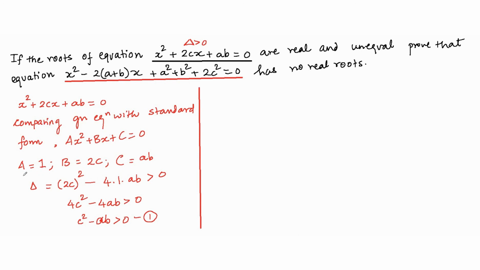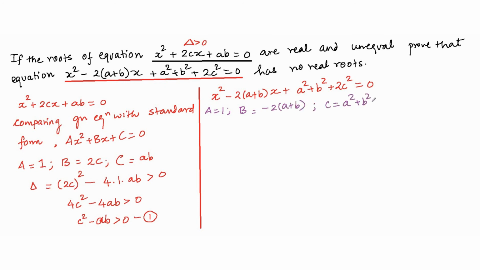Now let's consider the next quadratic equation which is given. The second quadratic equation is x square minus 2 times (a plus b)x plus a square plus b square plus 2c square is equal to 0. Now again, if I compare the given coefficients, I get a equals 1, b is negative 2 times (a plus b), that's the coefficient of x, and c is a square plus b square plus 2c square. So the discriminant again is b square minus 4ac,